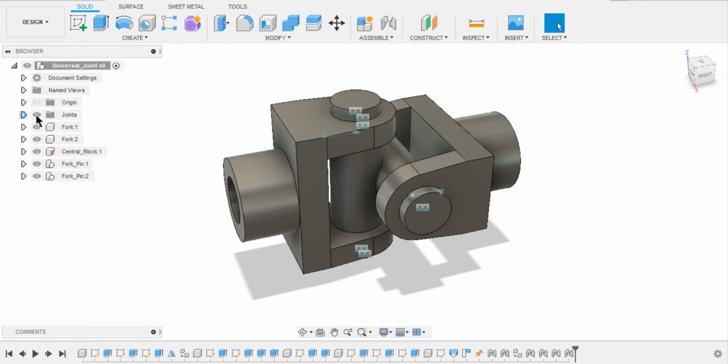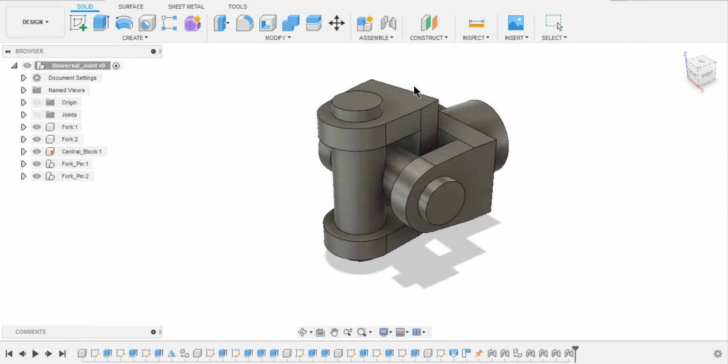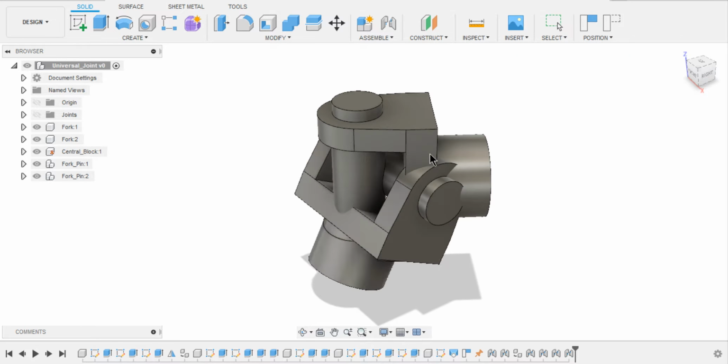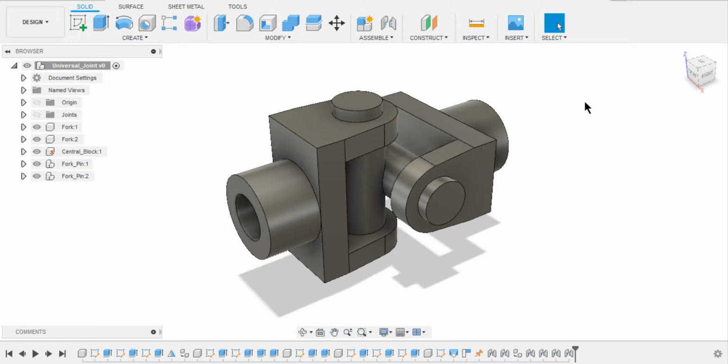Now that we modeled and assembled it, let's hide the joints. Select these and press V on the keyboard. Repeat the same for all. If you notice here, we can move the components by selecting them. This is good, but in reality, they won't overlap, isn't it? We can modify this. For a universal joint, the angle limitation is 0 to 20 around that. But for now, we make joint limits so that they do not overlap each other.